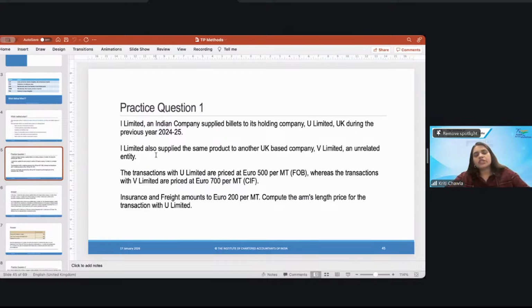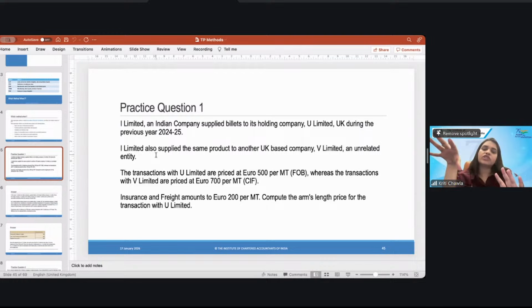So this question starts with I Limited, which is an Indian company, and it's supplying billets to its holding company, which is U Limited, during the previous year. It also supplies the same product to another UK-based company, which is V Limited, an unrelated entity. Now, the thing is,